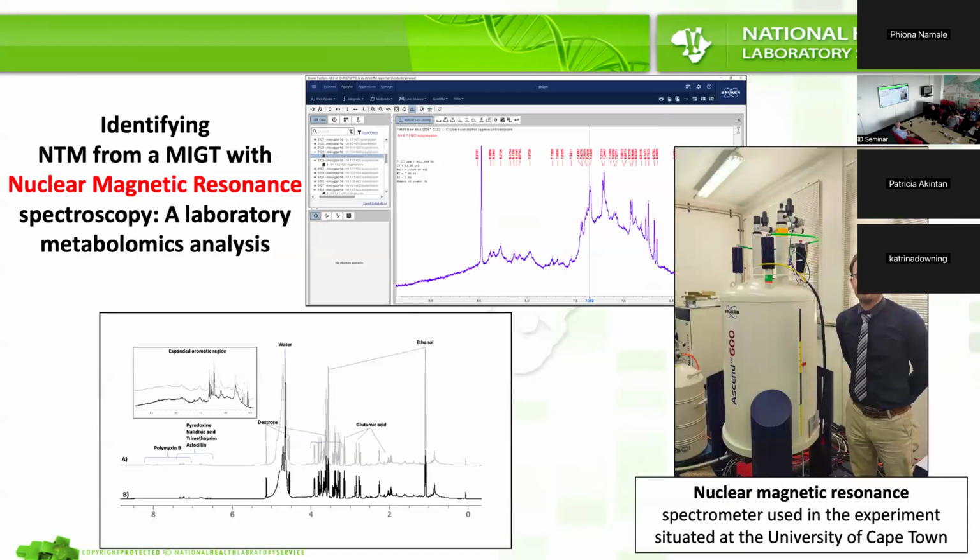Then I have to leave you with something cool as well, right? So this is me next to a nuclear magnetic resonance instrument here at Upper Campus at the chemistry building. What we're basically doing is trying to find a fingerprint for NTMs in our mixtures. NMR tells you about the amino acids, the fatty acids, the carbohydrates, all the elements that are in the media that you're using, so metabolomics-wise. And we're trying to find a fingerprint, unique signals that come up with certain NTMs, even when they're in a mixture as well.